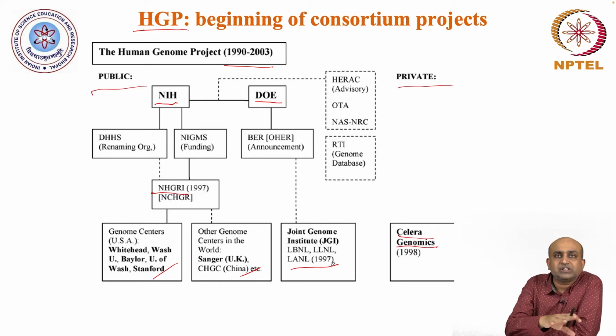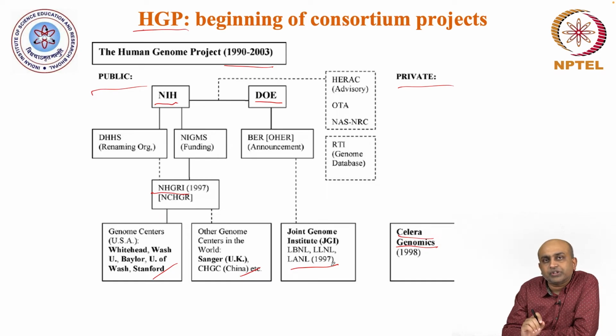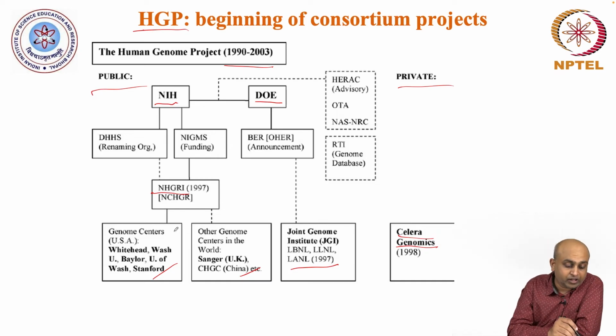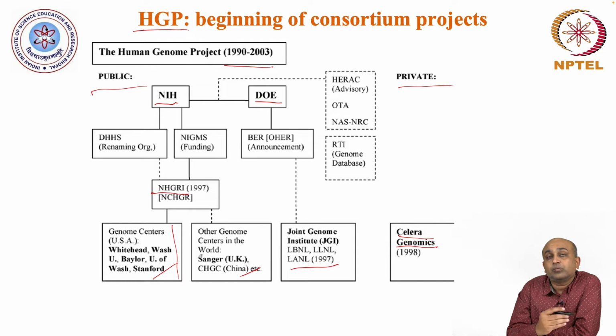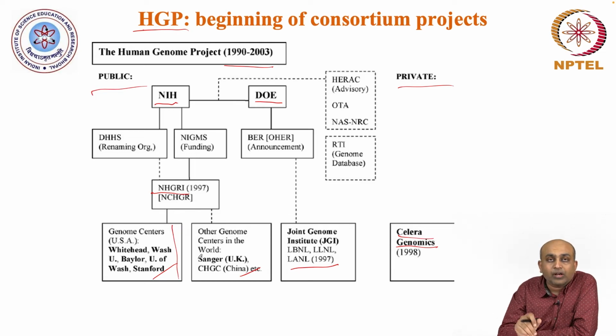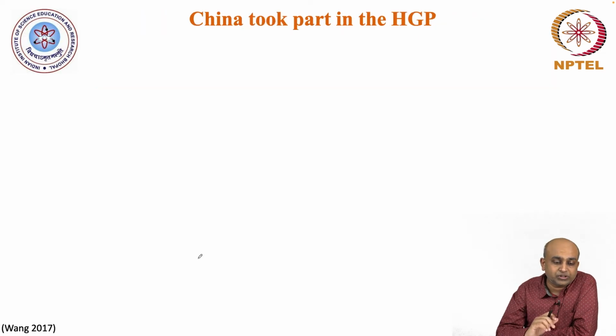So, this is the structure of your Human Genome Project consortium, where there are multiple entities, some are universities, some are industries, some are NGOs, and again they are in different countries. All of them are put together and then they try and solve this challenge of sequencing, the Human Genome Project.